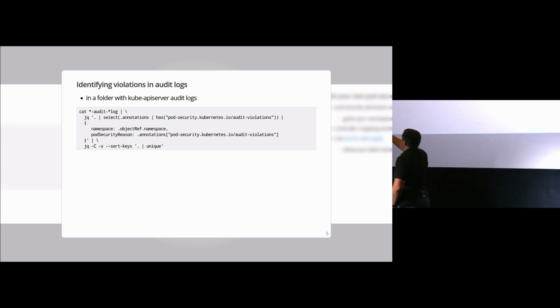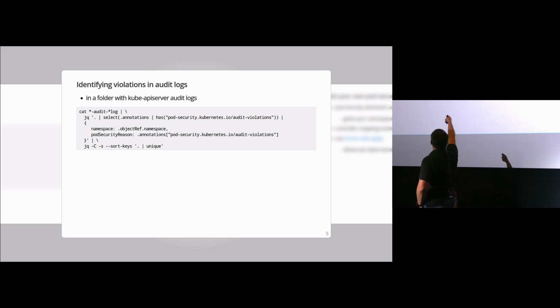And you can then pull all of these events from the audit logs, and you can make JQ just